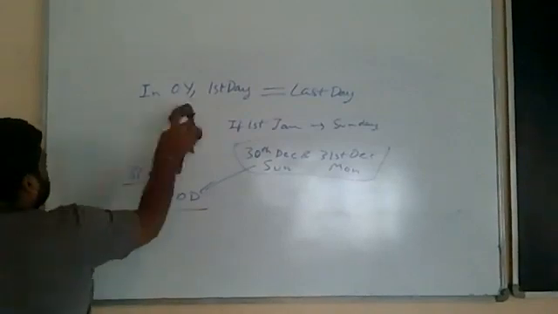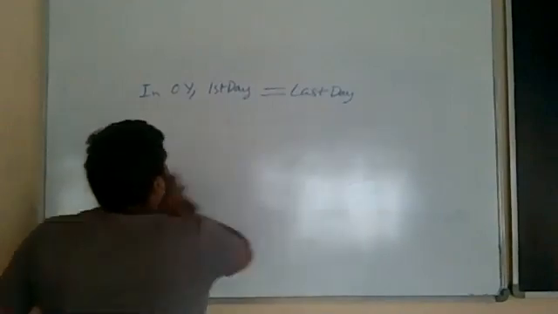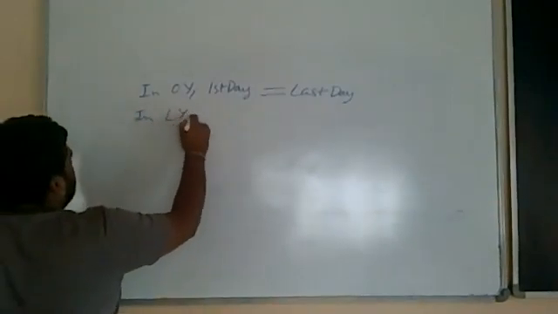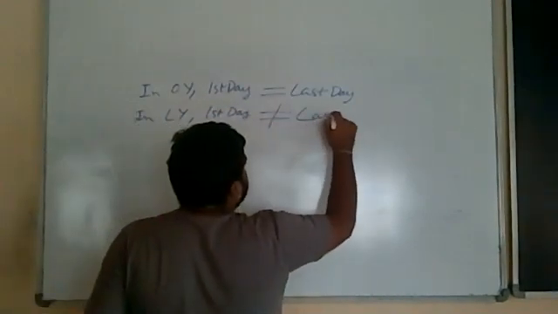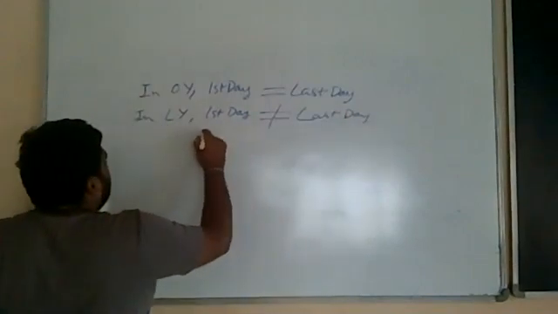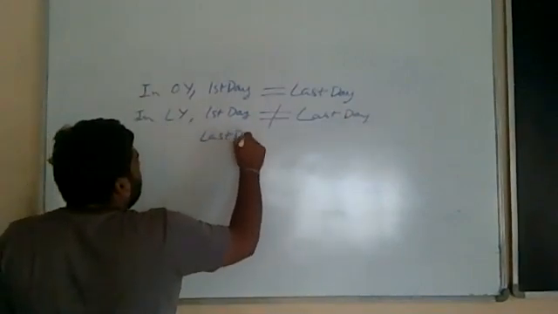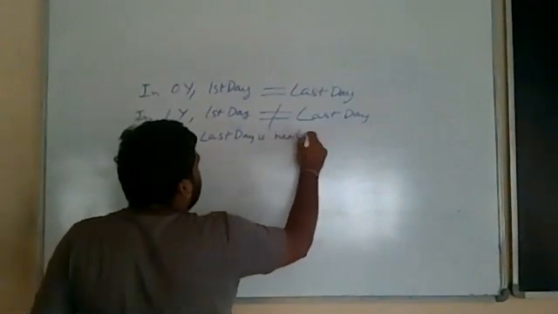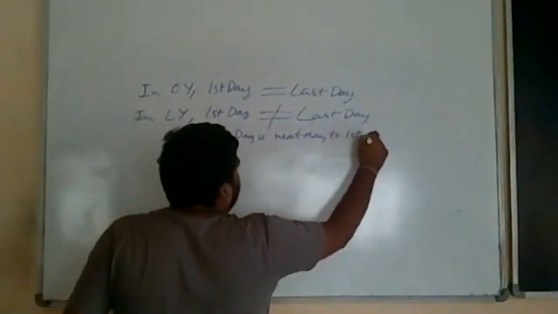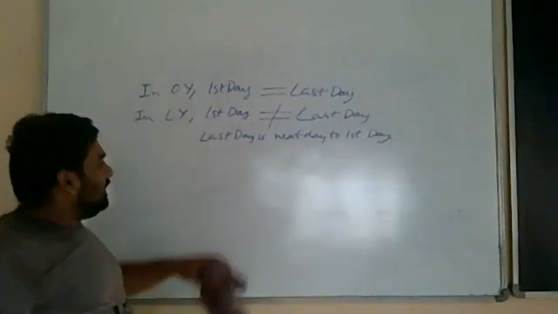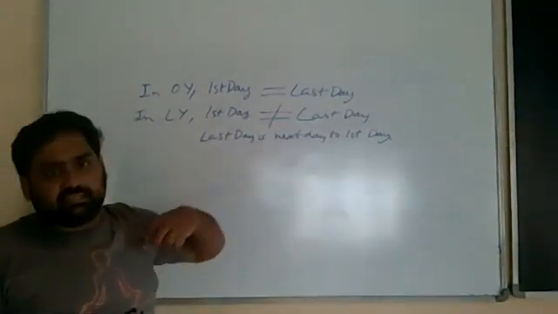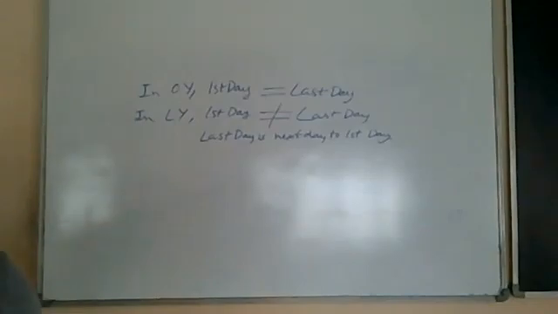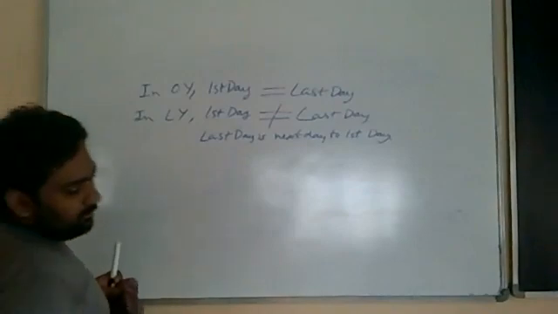So the thing that you have to remember is, in a leap year, the first day is not equal to the last day, but the last day is the next day after the first day. What does that mean? If this is Sunday, the last day will be Monday. If Monday, then Tuesday; if Tuesday, then Wednesday. Getting this? Yes, sir. These are the two very important things that you need to remember.